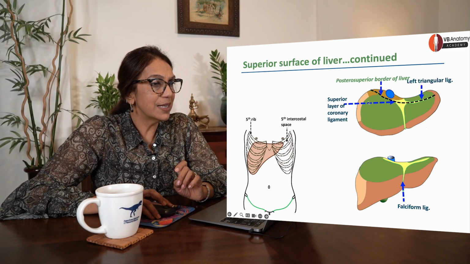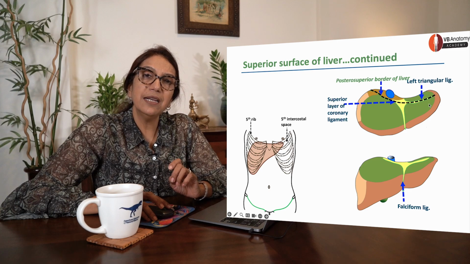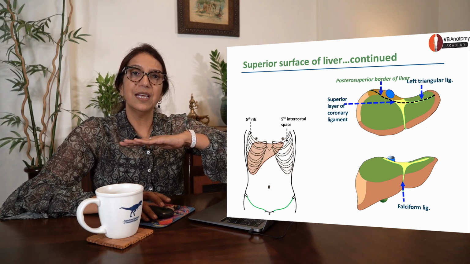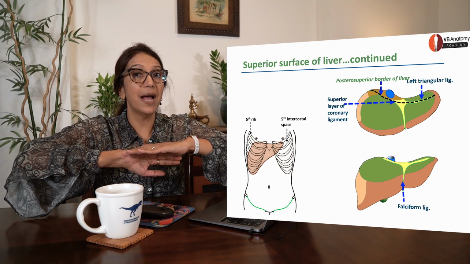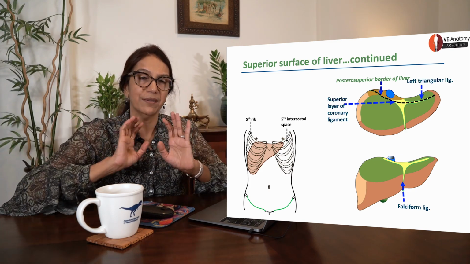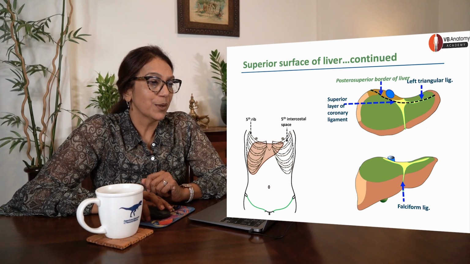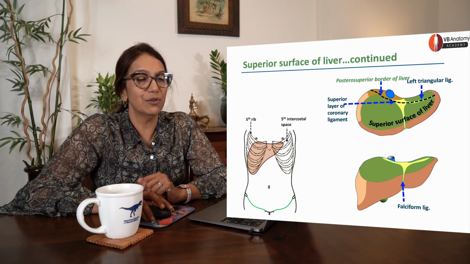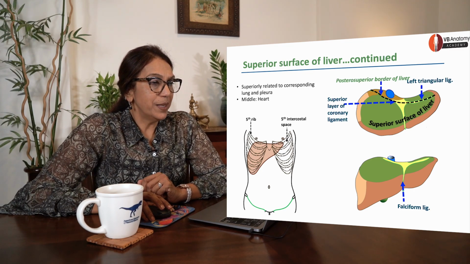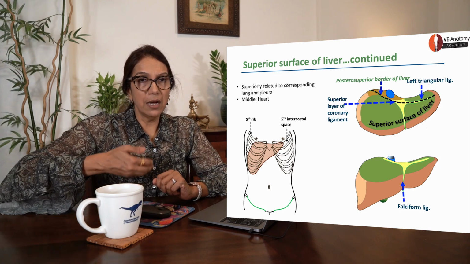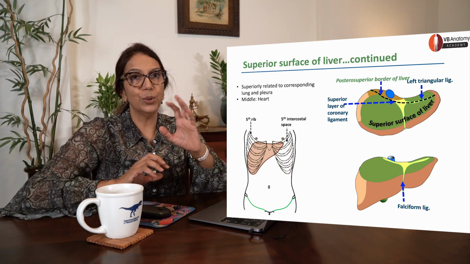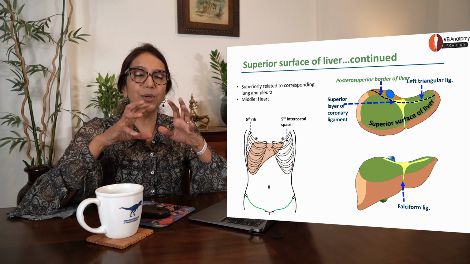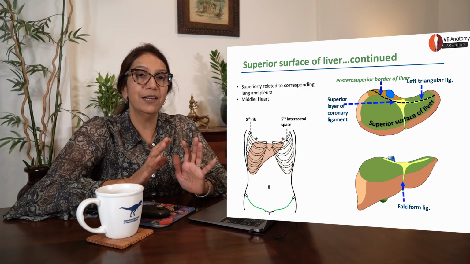Can you see that there is a green patch here? This entire green patch is the superior surface of the liver. So the superior surface is separated from the posterior surface by the posterior-superior border. Is that easy for you? I hope so. So that's the posterior-superior border, and this is the superior surface of the liver. The superior surface of the liver will be related to the lung, the pleura, and somewhere in the middle to the heart. I'm sure you know all these simple things, but I put them in place for you to get a mind image of the liver and its relations.